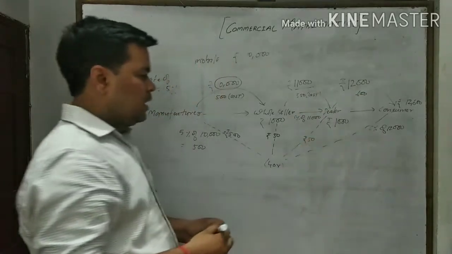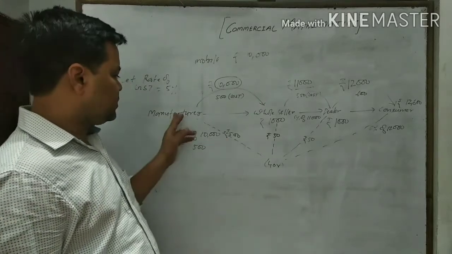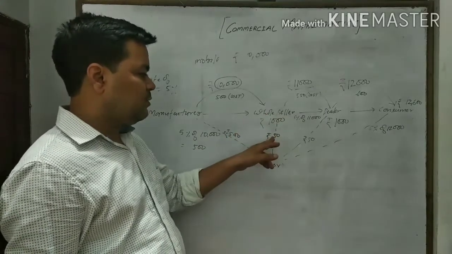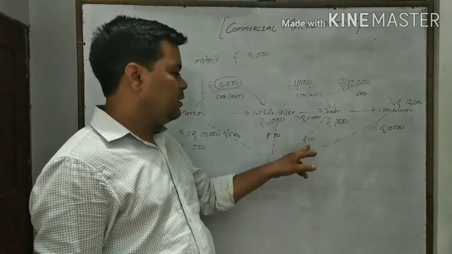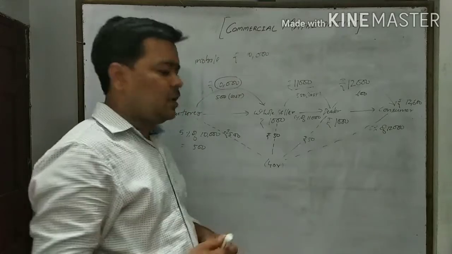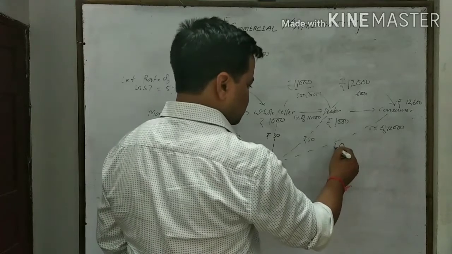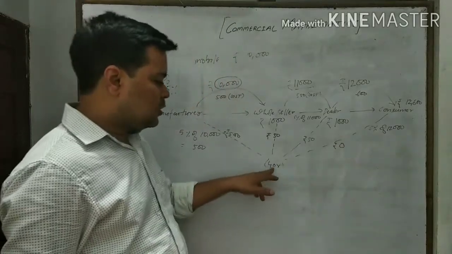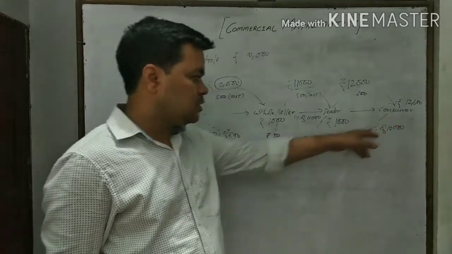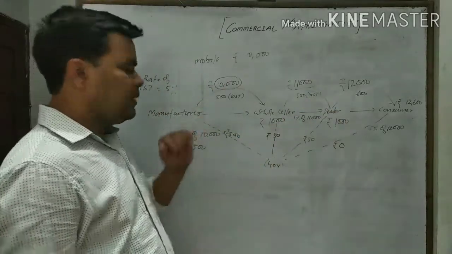So at the first stage the government collects 500 from the manufacturing company, at the second stage 50 rupees from the wholesaler, and at the third stage 50 rupees from the dealer, and finally the consumer. But the consumer does not pay any money directly to the government. Therefore 0. It means the government does not directly take any tax from the consumer. It takes it from the consumer through the dealer, wholesaler and manufacturer.